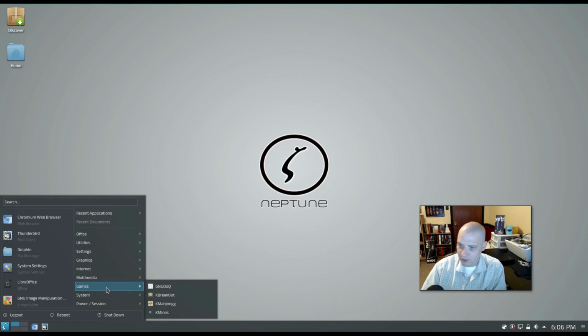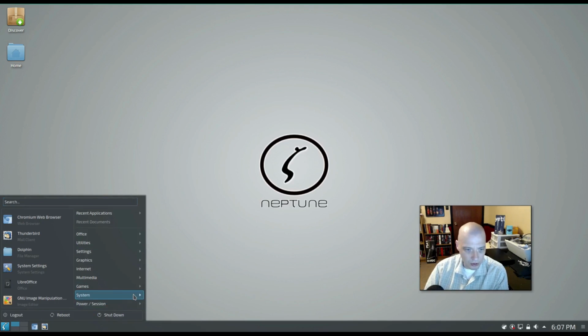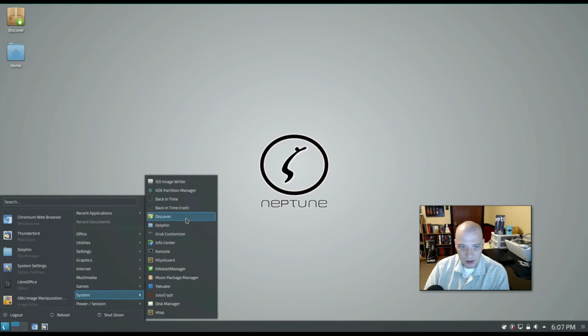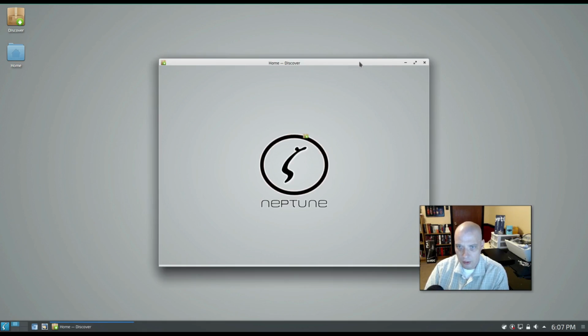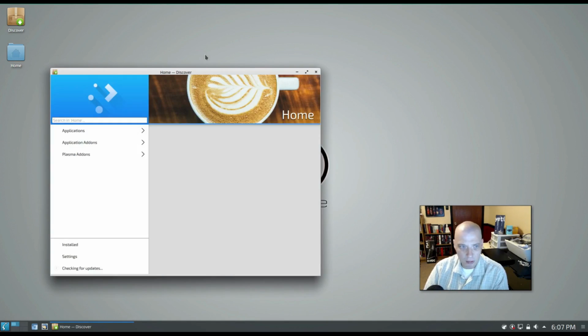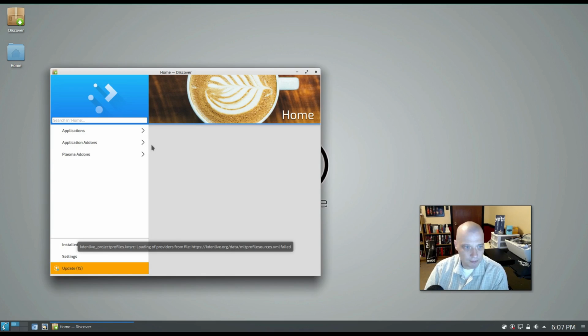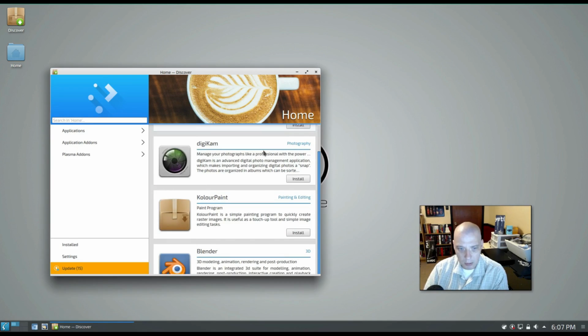I think Time Shift is used in Mint. Other system tools here. We have Discover for our Software Center. I've never been a big fan of KDE's Software Center, Discover, although people tell me it's getting better and better with each version, which is good because back in the day it was pretty bad. Now you have your home page here, some of the more popular programs here